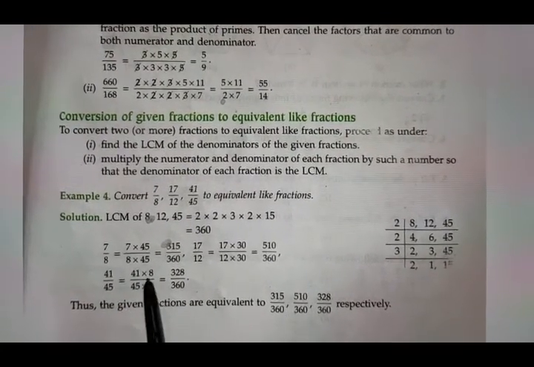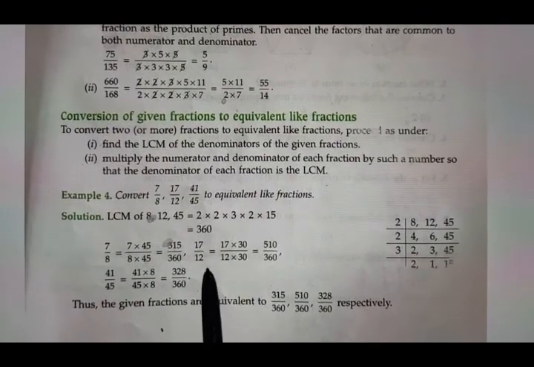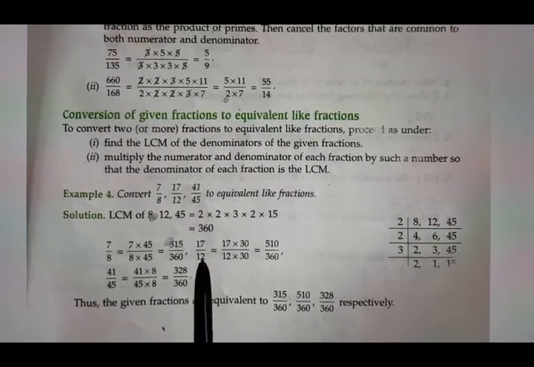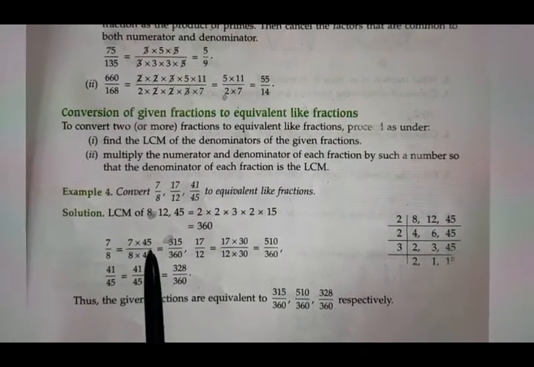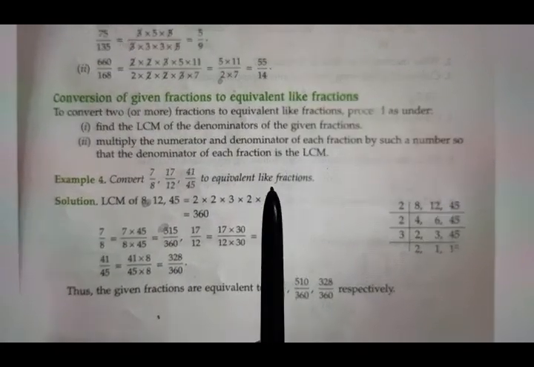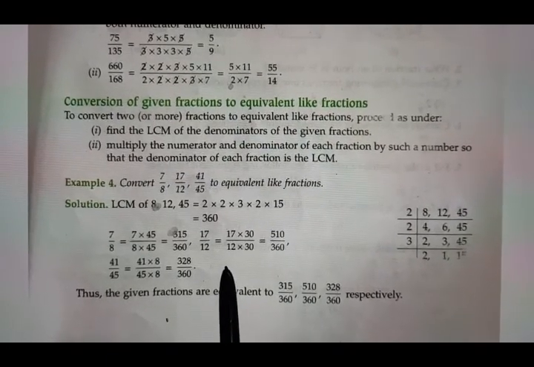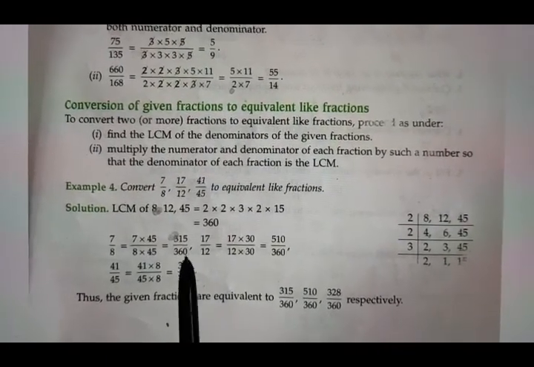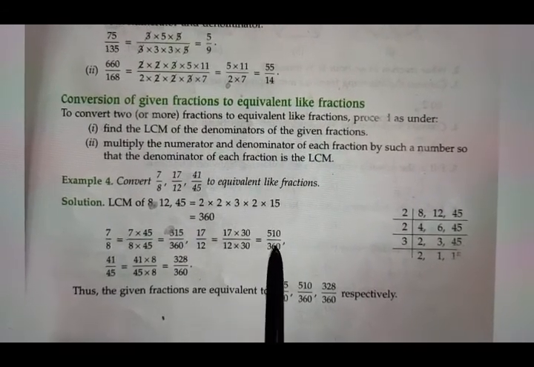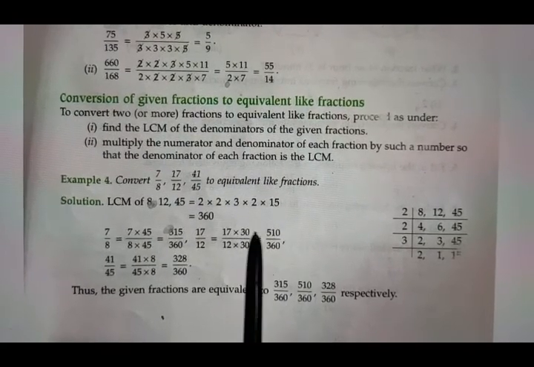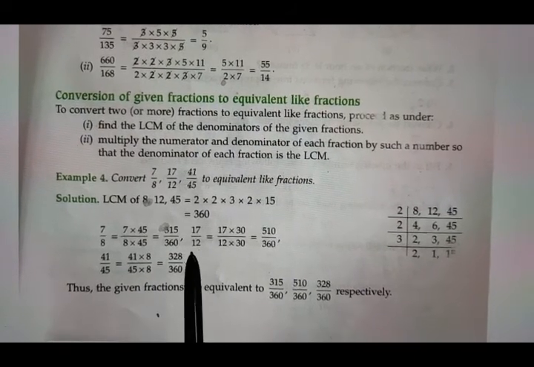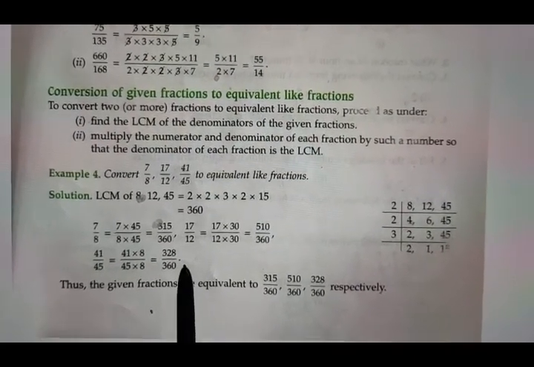Now you convert all the fractions into equivalent form. For example, we have to bring the denominator to 360. So 8 45s are 360. So 7 45s, you have to get the answer by multiplying. 7 5s are 35, 3 carry 7 4s are 28, 28 and 3 31. Okay, so you have 315 here. Then again 17 into 30 and 12 into 30 is 360. 0 you put here. 3 7s are 21, 2 carry, 3 1s are 3 plus 2 5. 8 1s are 8, 8 4s are 32, and 45 8s are 360.